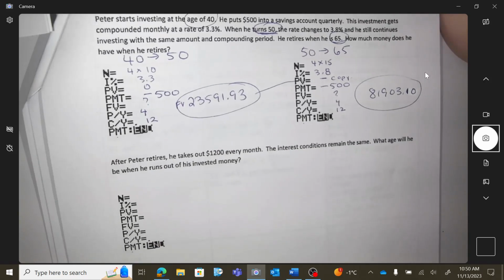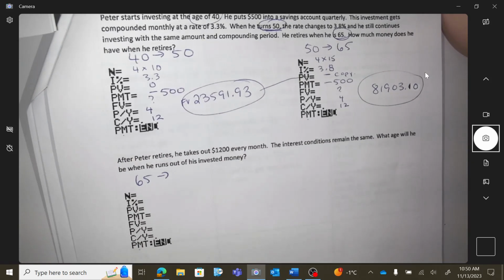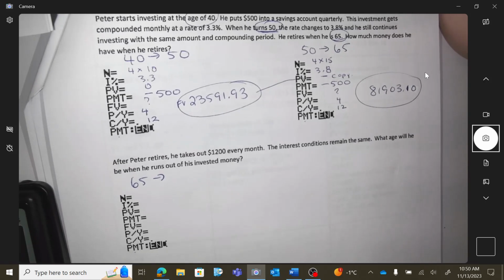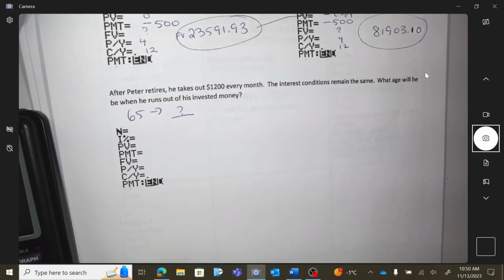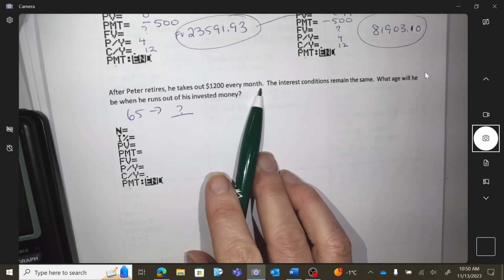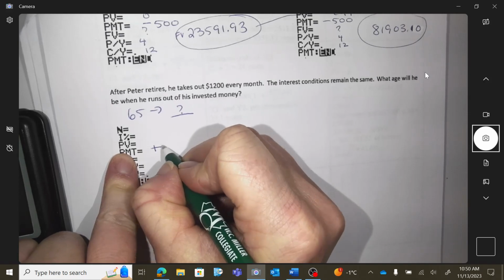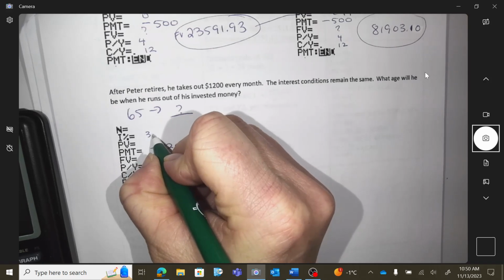Okay, so he retires at 65 now, and then what age will he be? That's what I'm going to figure out. What age would he be when he runs out of money? So here's the new conditions. He takes out $1,200 every month. So the payment is going to be positive $1,200. You see the switch coming into my pocket? The interest remains the same, so that's 3.8